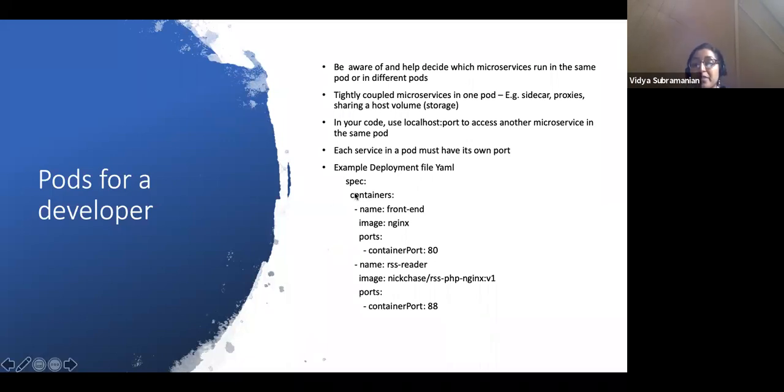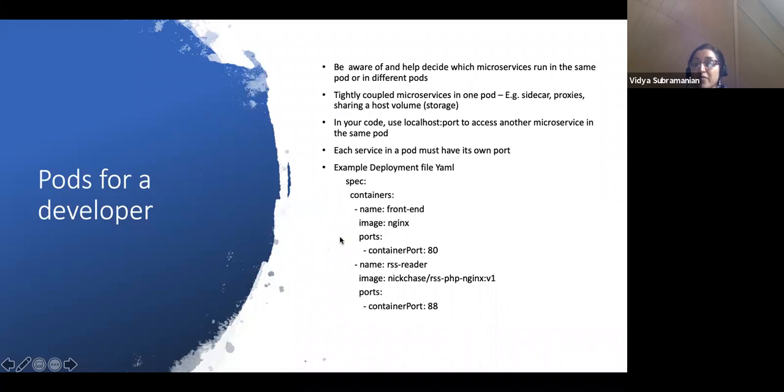So in the sample, if you see here, for the front end, as well as for the RSS reader containers, there are two different containers with two different images.